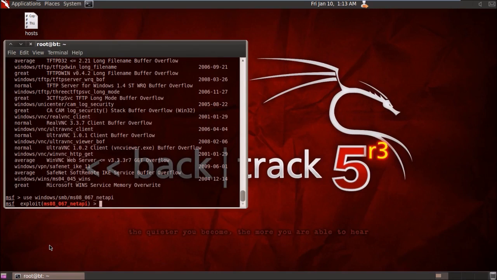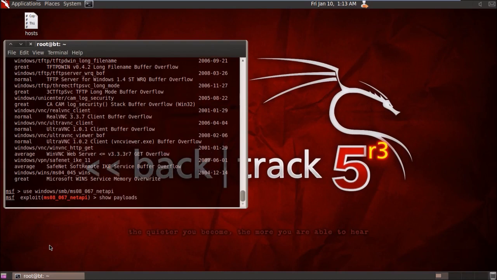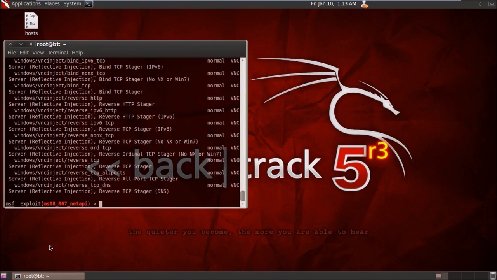Now, the next step is to assign a particular payload for this task, assign a soldier for this task. For that, I have to view my payloads first. For that, type in show payloads. It will give you the list of all payloads. Choose the appropriate one, assign an appropriate payload.